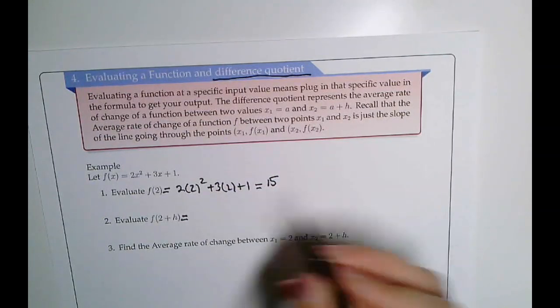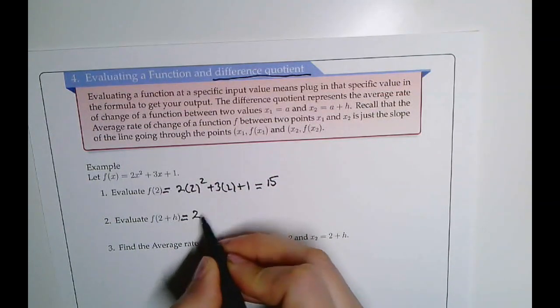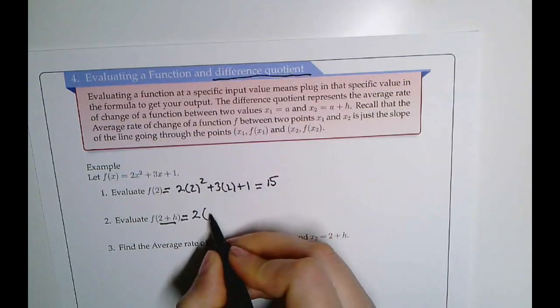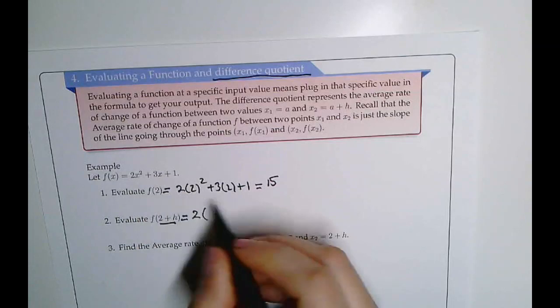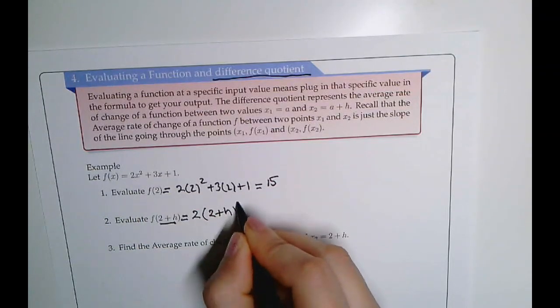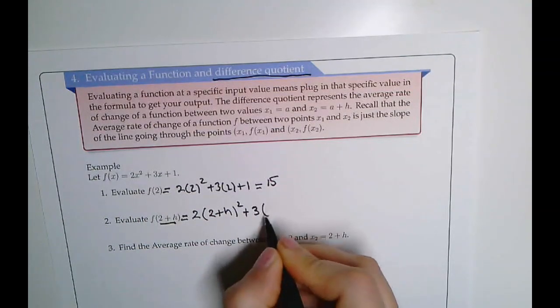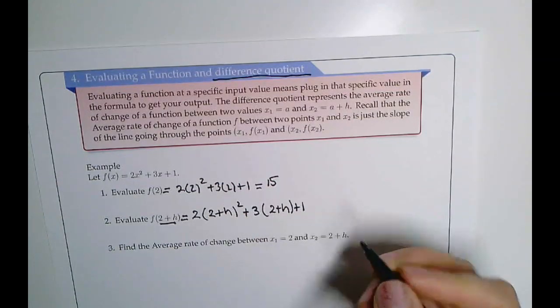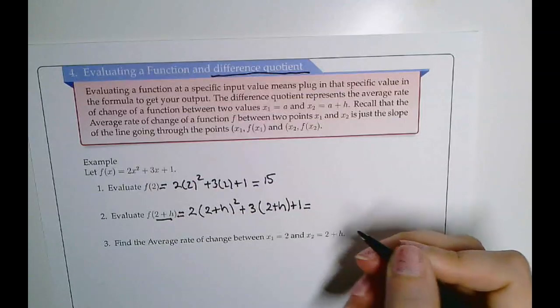So f of 2 plus h is going to be, again, instead of x, my input now is this whole thing, 2 plus h. So it's going to be 2 times, instead of x, 2 plus h squared, plus 3 times, instead of x, I'm going to have 2 plus h, and then plus 1. So then if I calculate this,